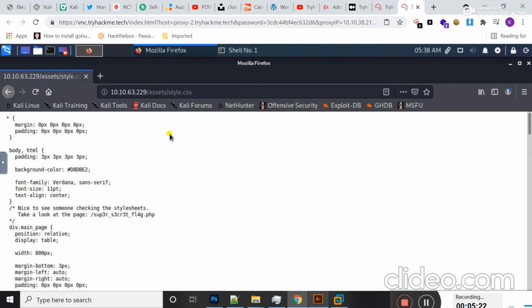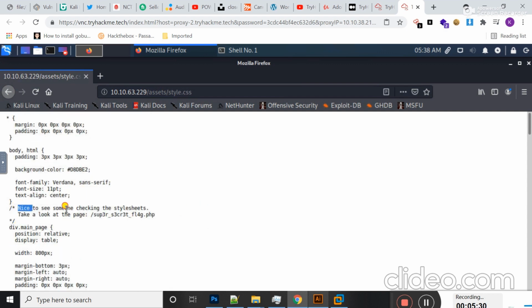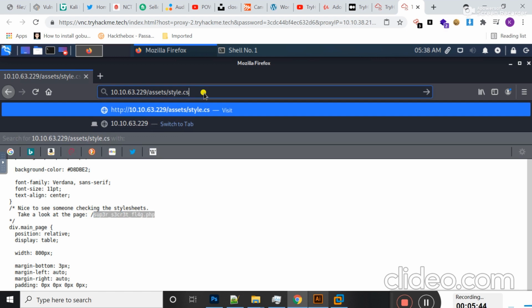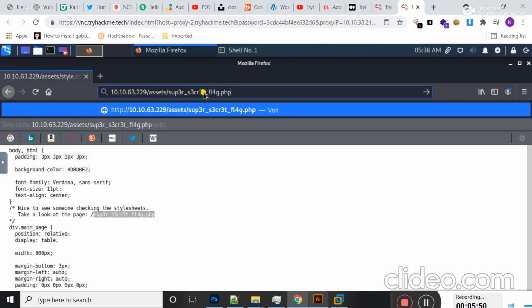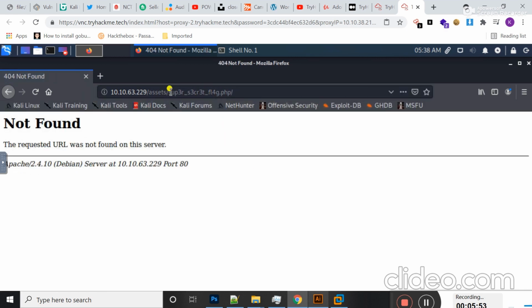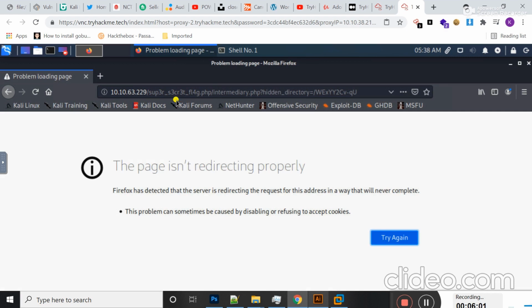Okay guys, if I move to the style.css file, here you can see different information, and nice to see someone checking the style sheets. Take a look at the page, this one. Okay guys, I'm going to copy this page. Here you can see I found a page. Okay, I go there and copy the page name and then paste it here. If I hit enter, okay, if I go there and hit enter,